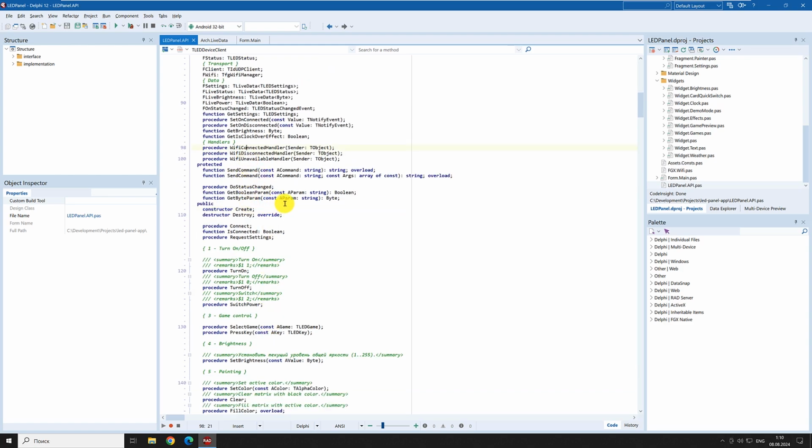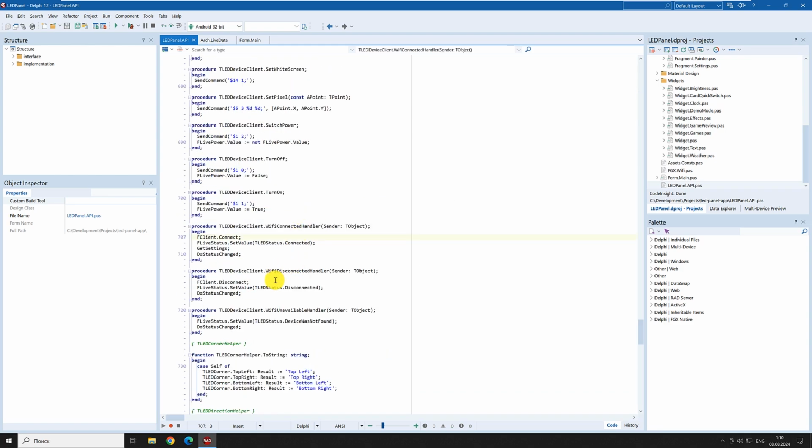When connection is established, we just set a new status for this field, connected. When connection fails, we set the status disconnected. And if the device was not found in the Wi-Fi network, we set a related value. In the main form,